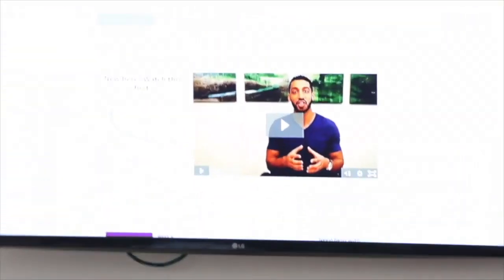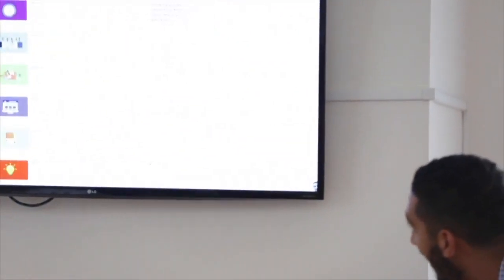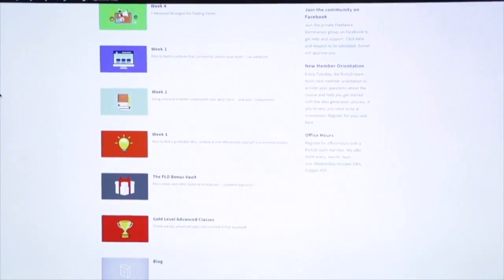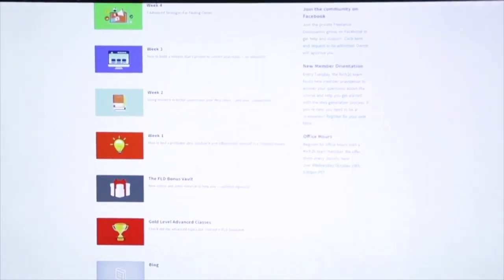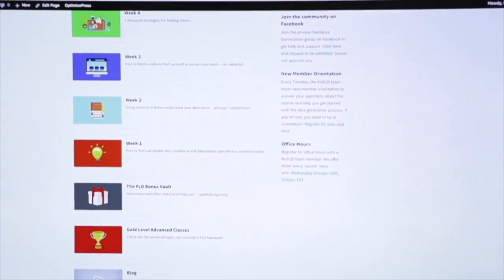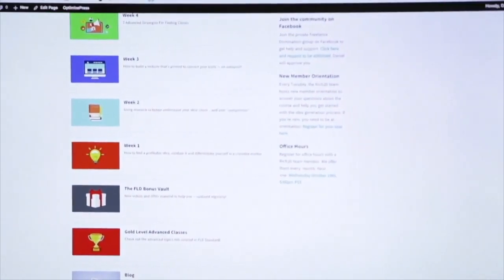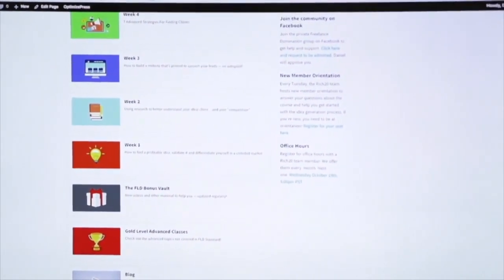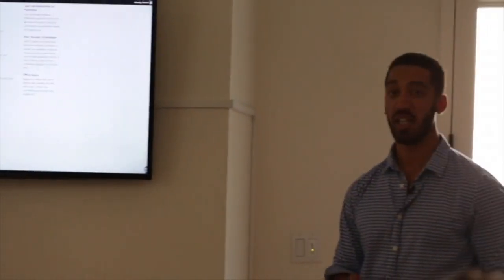I'll actually log into Freelance Domination real quick so you guys can see, right? So this is FLD. My color is a little off. So this is Freelance Domination, and the way that this works is it's unlocked on a week-to-week basis. We do that with flagship courses for a few reasons. One, because we want to truly create the course effect, but two, because we want to reduce refund rate. And a lot of times when people run through a course right away, they'll just take the info and peace